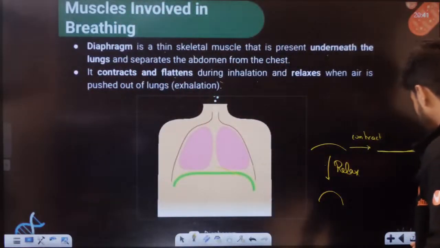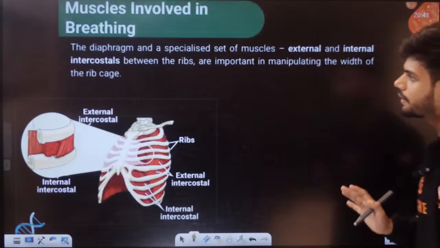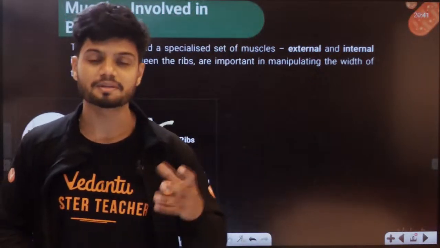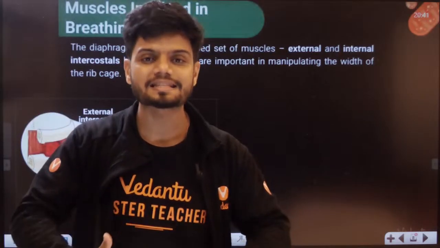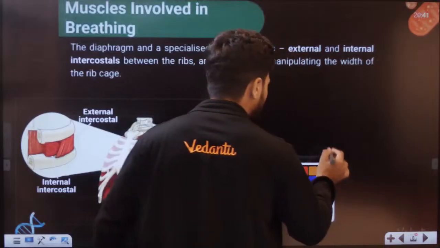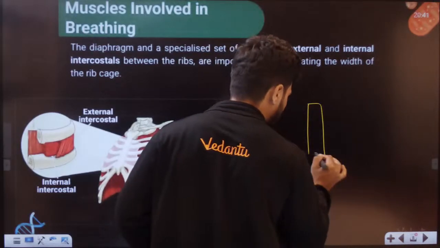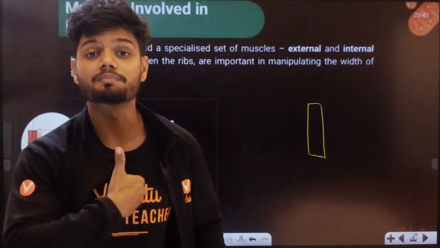Okay, students, now all of you understand. The next thing I want all of you to understand is that there are some muscles also involved. Yes, muscles होते हैं students. Muscles are also involved in inhalation and exhalation. Now, for example, let's take this is the sternum. This is the sternum, students, ये वाला बीच का sternum.